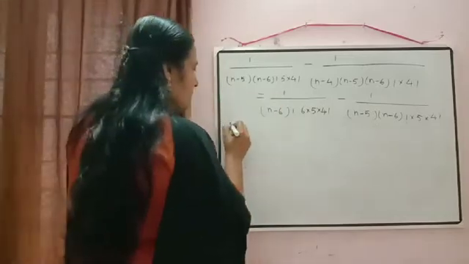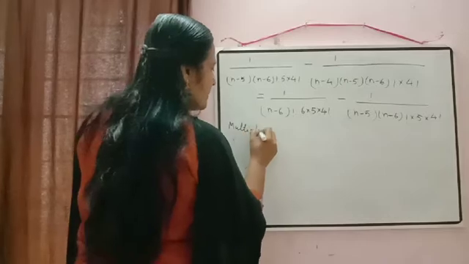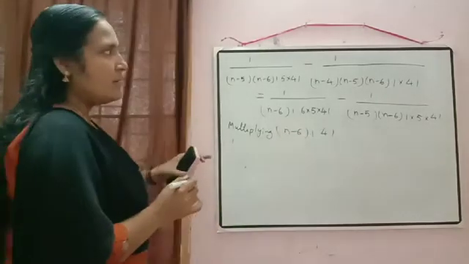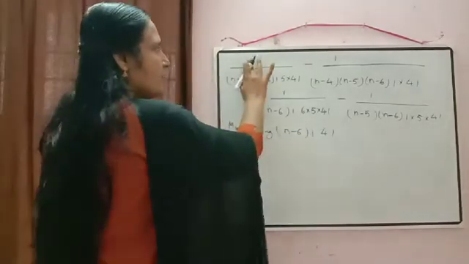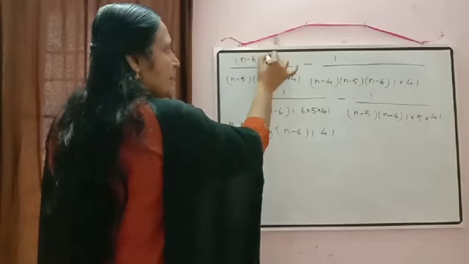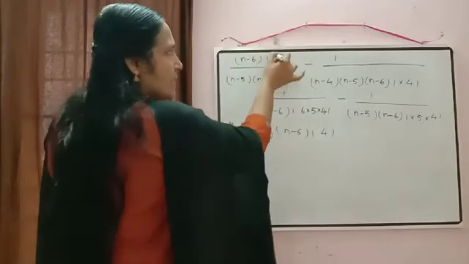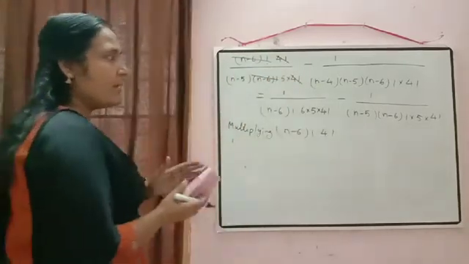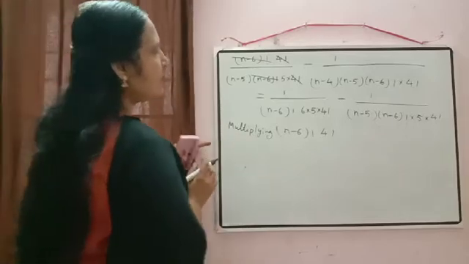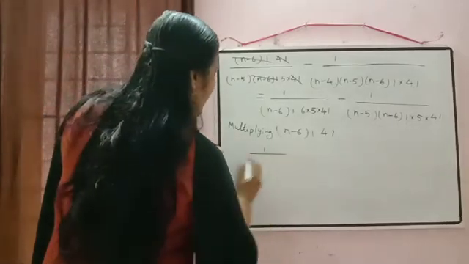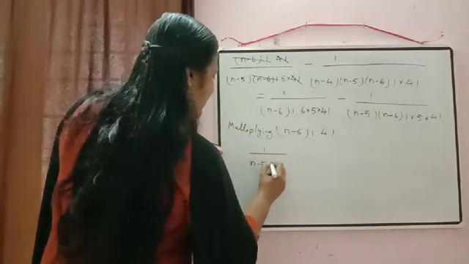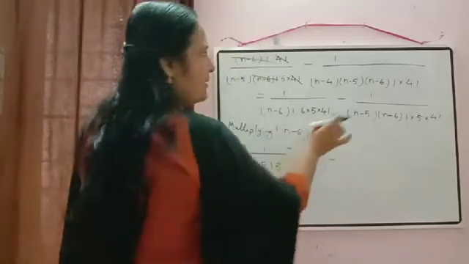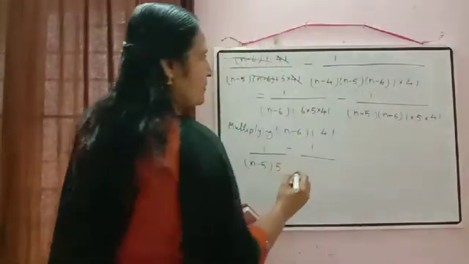Then what are we going to do? We are going to multiply the whole equation by n minus 6 factorial and 4 factorial. I am giving you one example there. If I multiply it by n minus 6 factorial and 4 factorial, then 4 factorial and n minus 6 factorial will get cancelled. The remaining expressions we will write down. What is remaining here? 1 by n minus 5 into 5 is remaining. Minus 1 by, in the second one, n minus 6 factorial and 4 factorial will get cancelled.